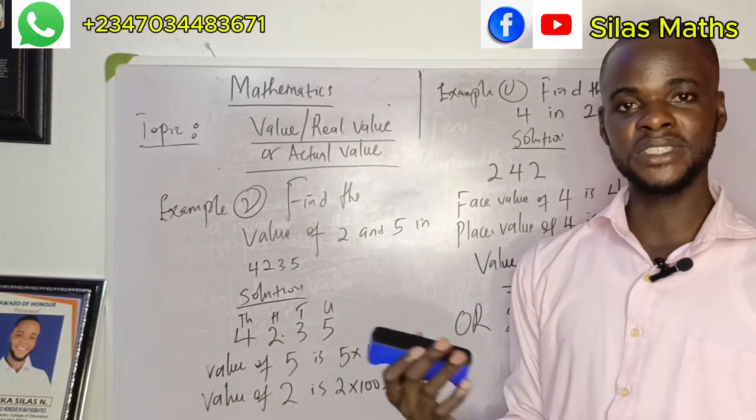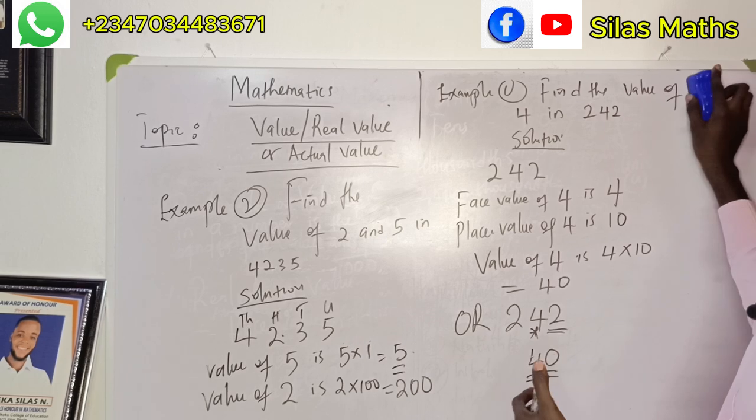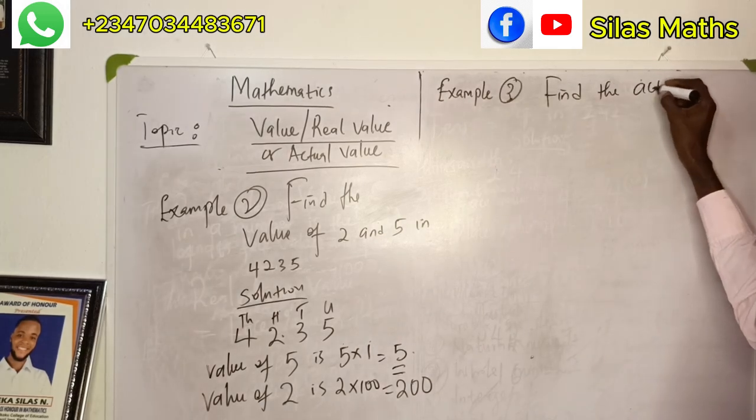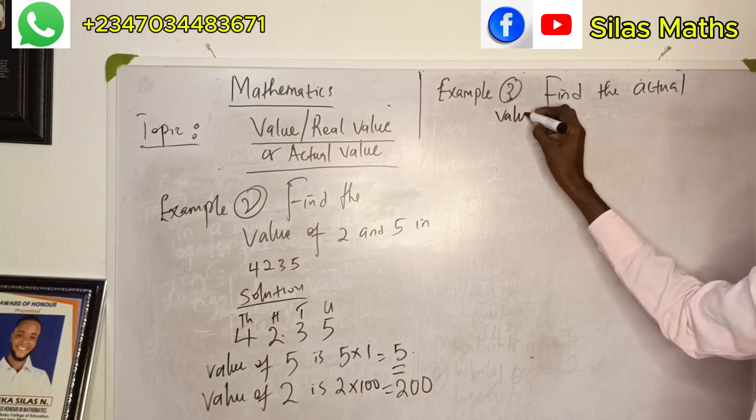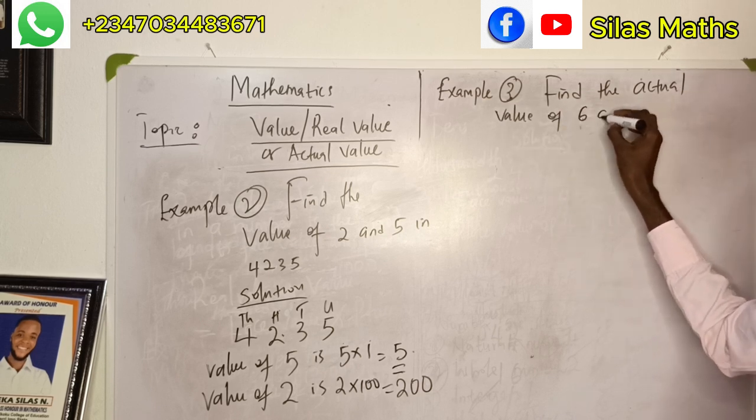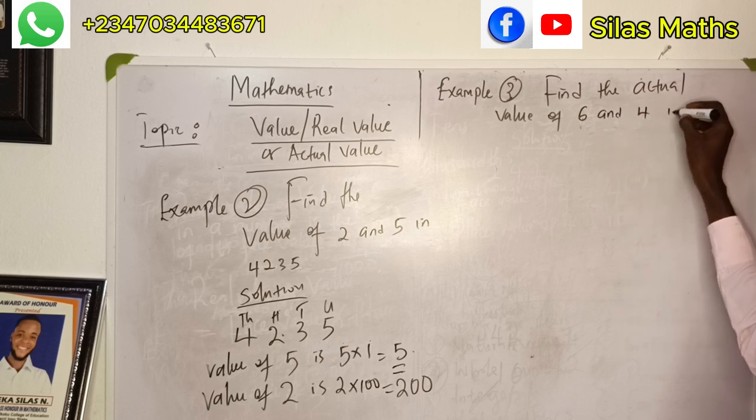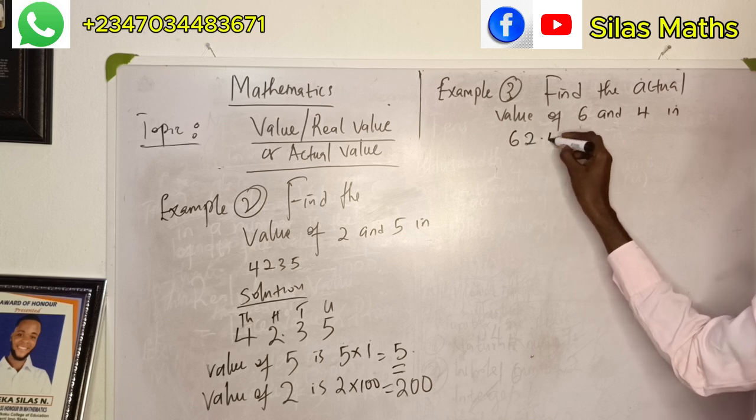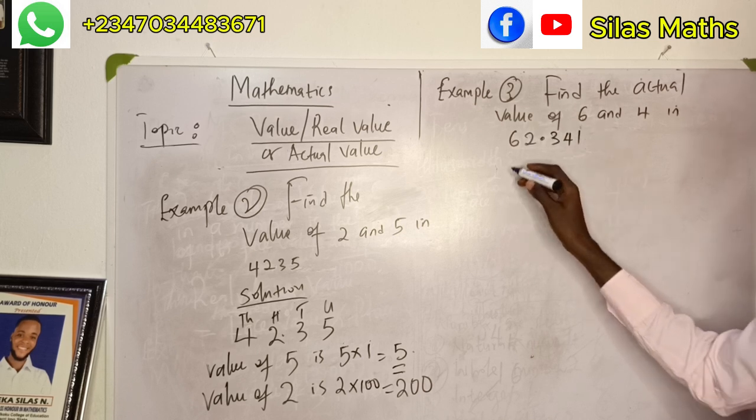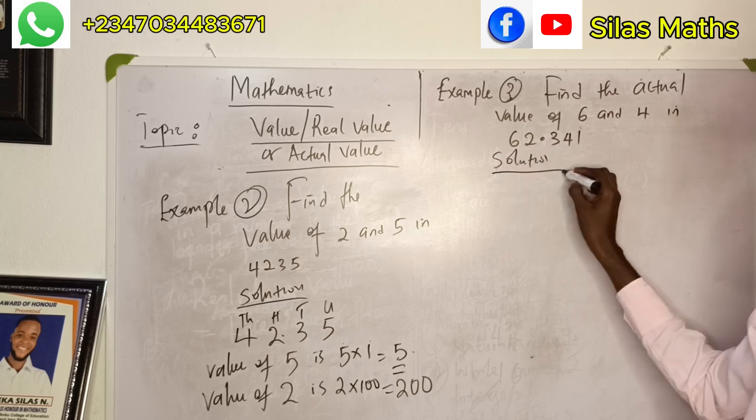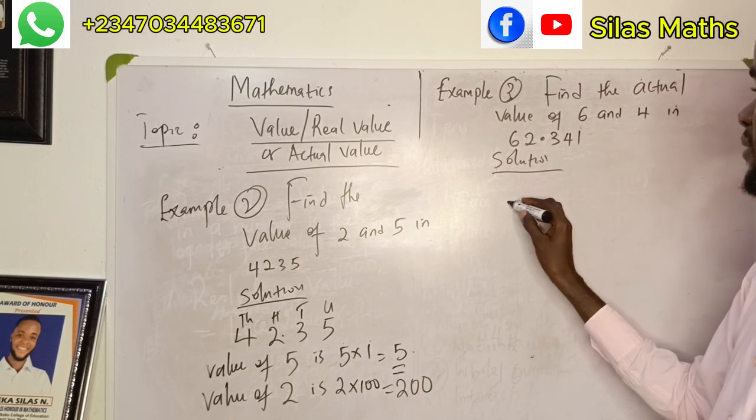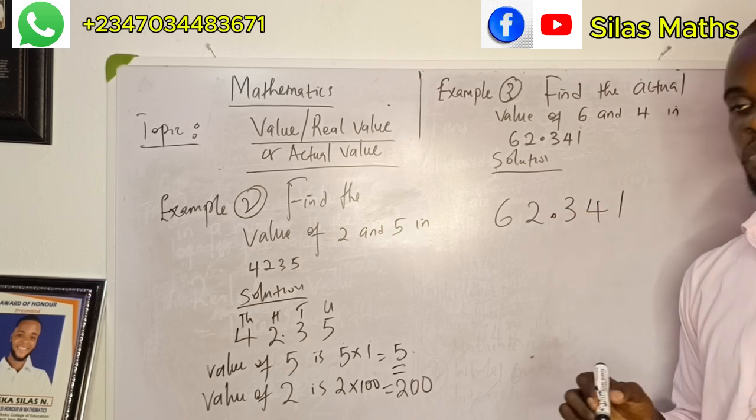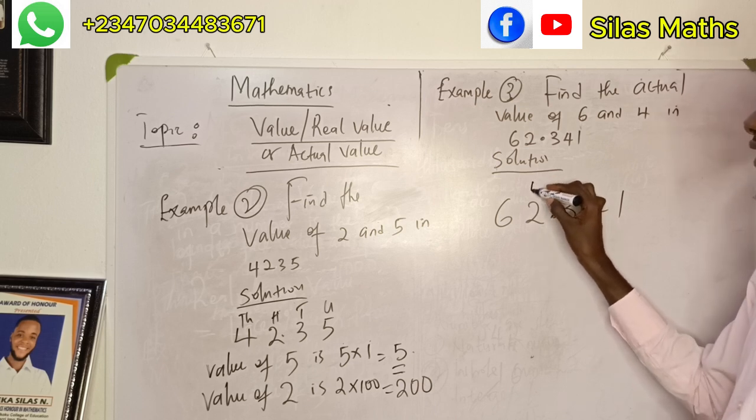Okay, let's take an example that has to do with decimals so we understand better. Example 3. Find the actual value of 6 and 4 in this number. Look at the number 62.341. So remember, the first thing we do is write out their what? Their place value. So this number is 62.341. So this is my decimal point, and we said that the number before the decimal point is units, U,